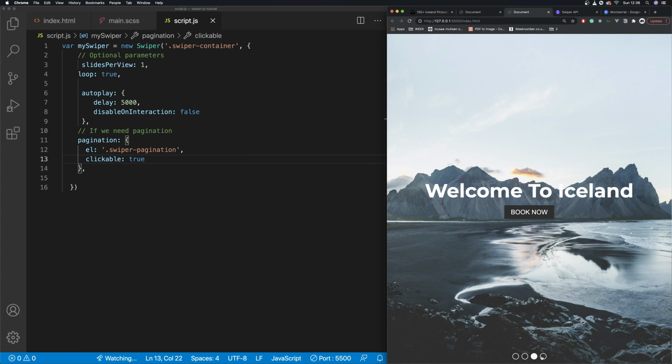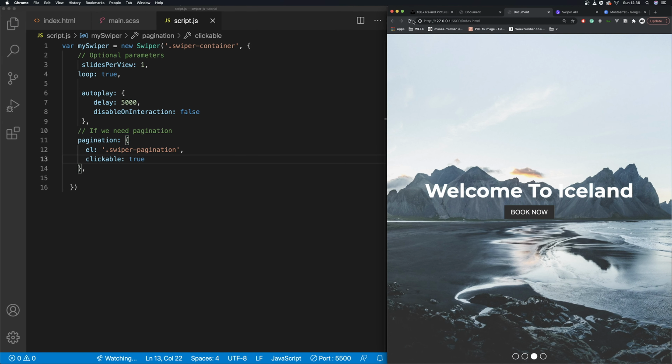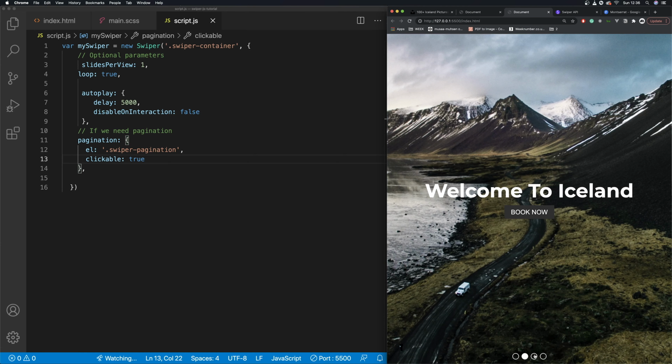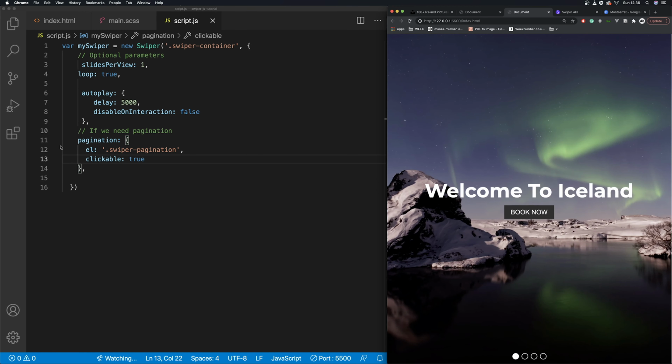So that's now clickable, but now it's sliding actually. In some cases it doesn't slide, so this bit's important as well, which is to add,